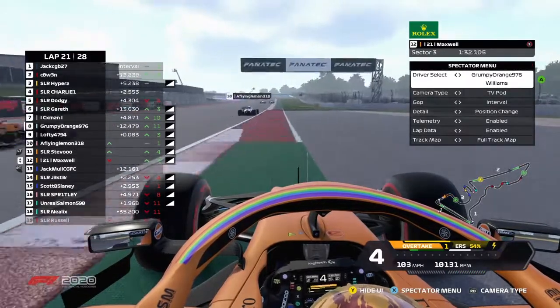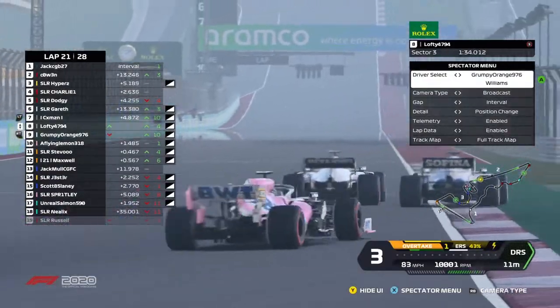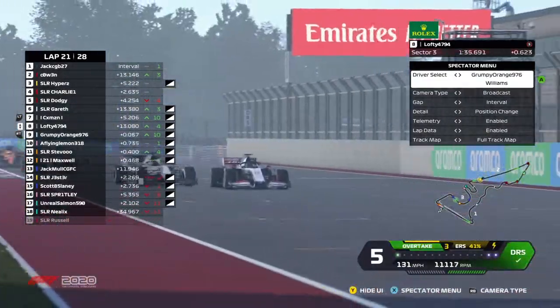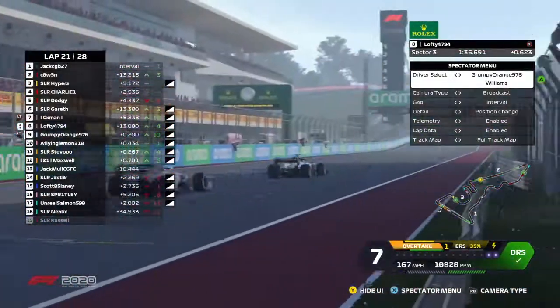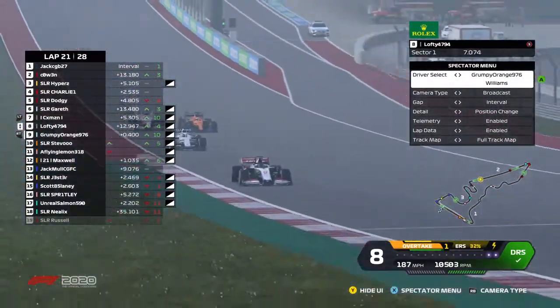Contact between the pair of them, and that is Maxwell into the wall. Oh, Lofty's off front somehow as well. Oh, there's contact. Oh, no. Wheel banging, forced him off the track. I don't know what is going on. He's somehow got away without damage as Maxwell, or at least noticeable damage,